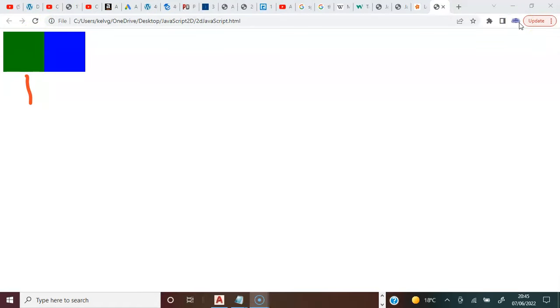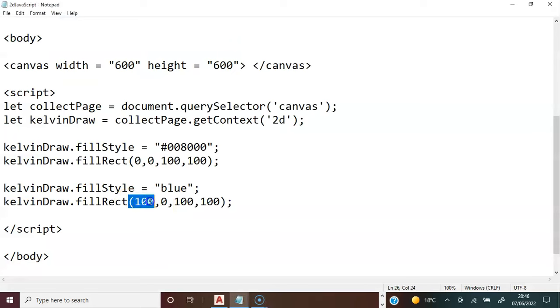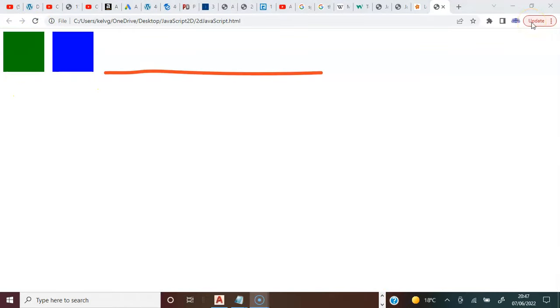This remains our first rectangle, and this is the second rectangle. We want to create a space here of 20 pixels. Next, what I'm going to do here is I'm going to increase this 100 by 20. Hence, it's going to move on the x-axis by 120 instead of 100. Next, I will click File and click Save. Next, we're going to refresh our browser, and now we have this still on the x-axis while the y-axis remains